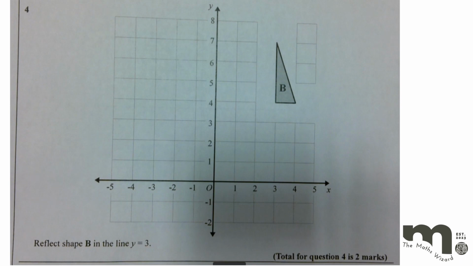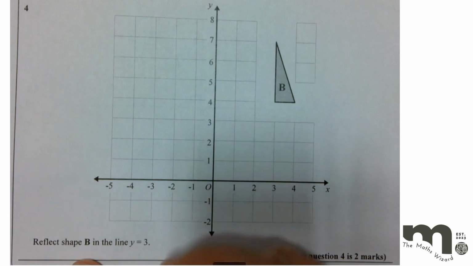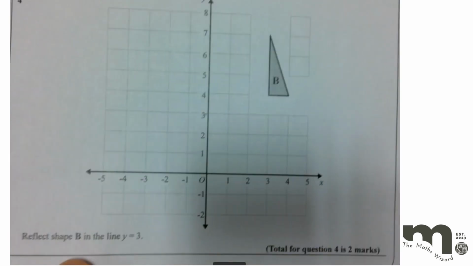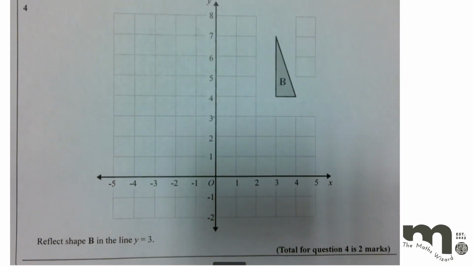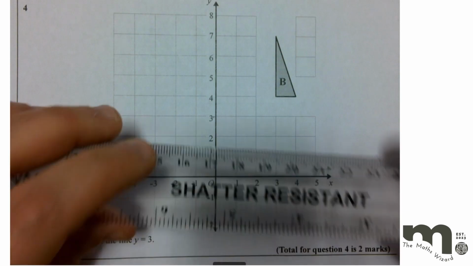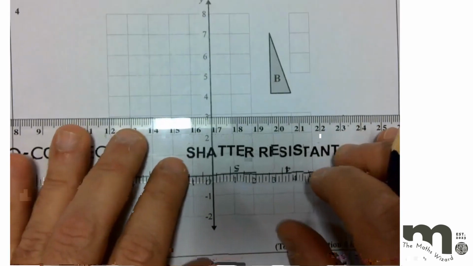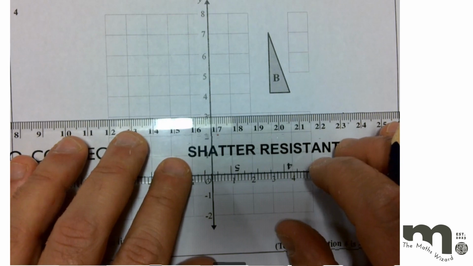Okay, so on this next one then, we're being asked to reflect shape B in the line y equals 3. So what we'll need to do on this one is to draw our equation line. So we're looking at 3 on the y-axis. As I said before, any line that's y equals a number will be a horizontal line from left to right. So if we draw that in,